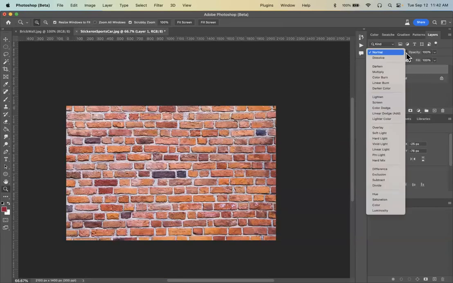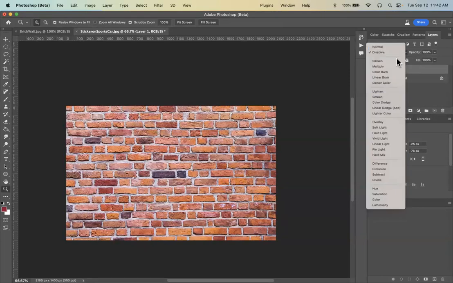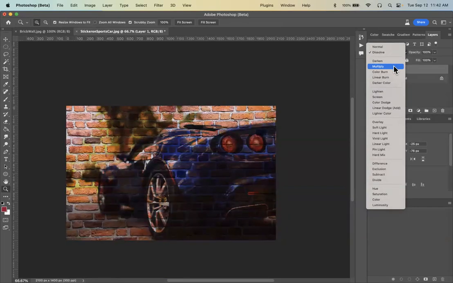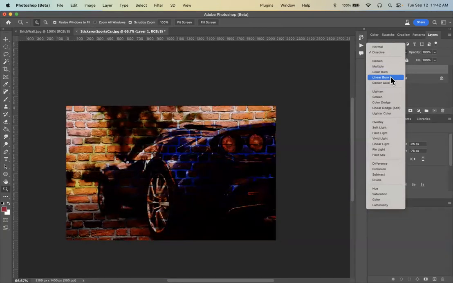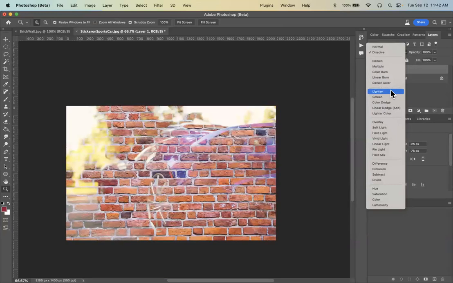the blending mode here, you can see there are lots of blending modes, like dissolve, and also darken, multiply. So this is pretty cool if you use multiply. It looks like the car is inscribed onto the wall, and also color burn, linear burn, darker color, lighten, screen,